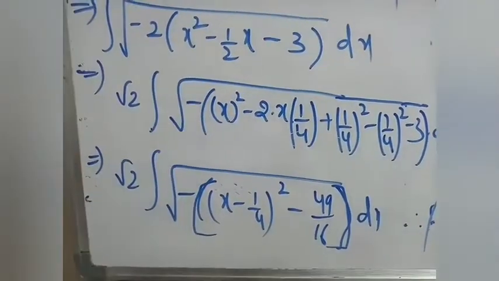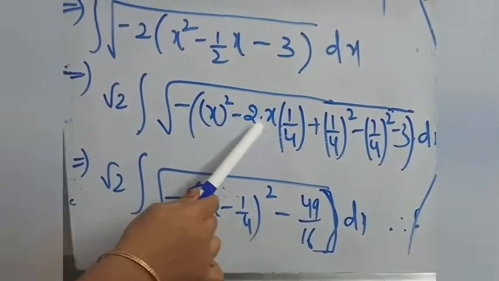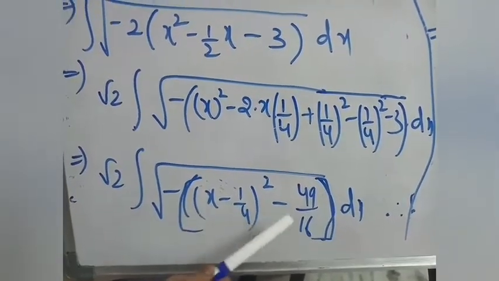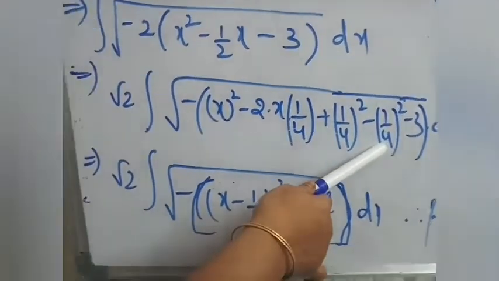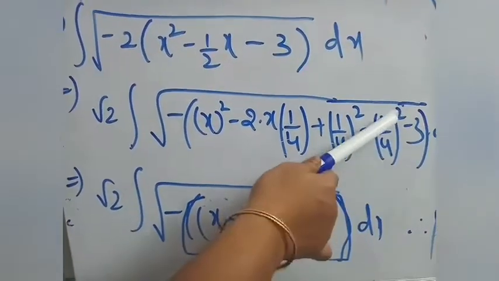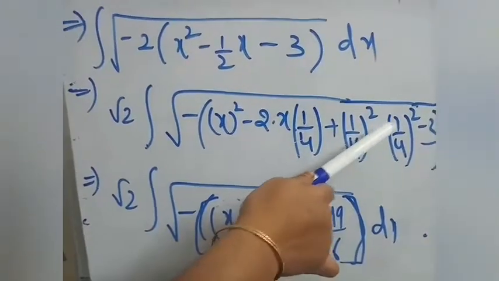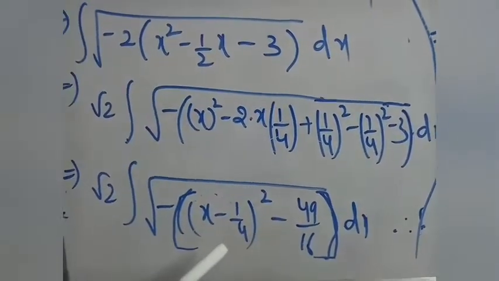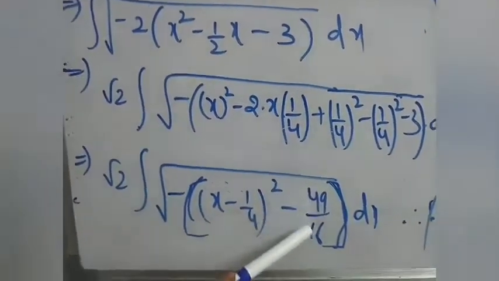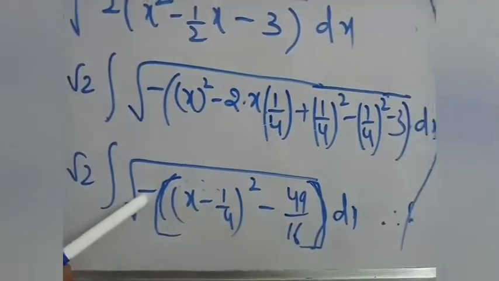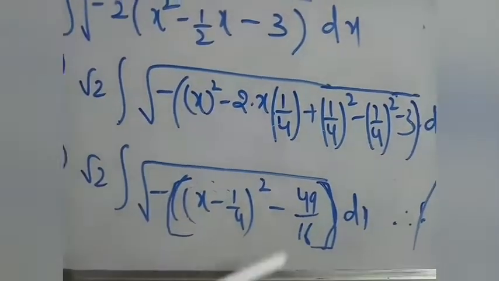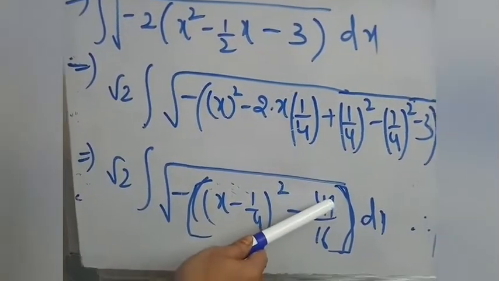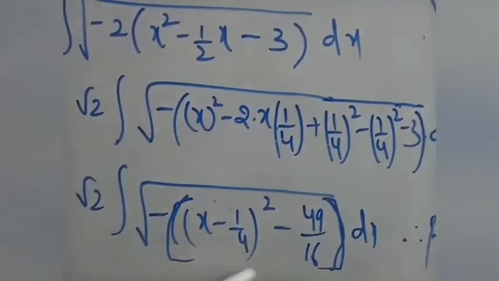Next, minus of a square minus 2ab plus b square, that is a minus b whole square, minus here 1 by 16 minus 3. 16 3s are 48, minus 1, 49. Minus 1 minus 48, that is minus 49 by 16. Take the LCM here. Now it is in the form of a square minus x square. This can be written as 7 by 4 whole square, but here multiplied with minus is there. When you are multiplied with minus, then this will be the plus value and this will be the minus value. That is what we can write as 7 by 4 whole square minus this whole square.